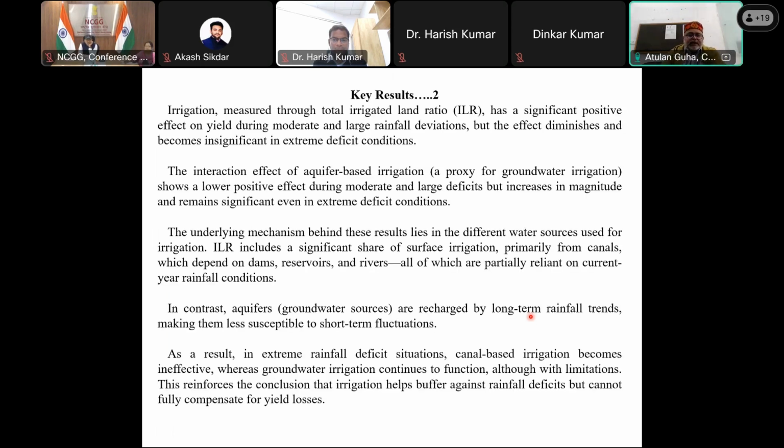The second thing is the irrigation. As I said, the irrigated